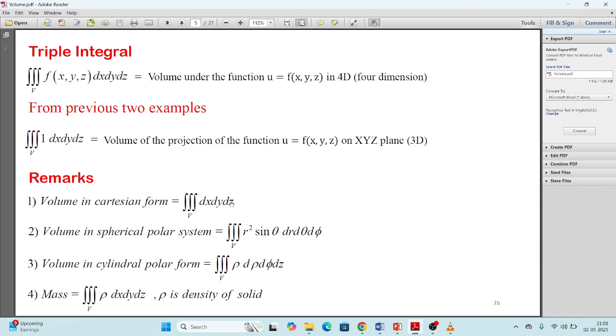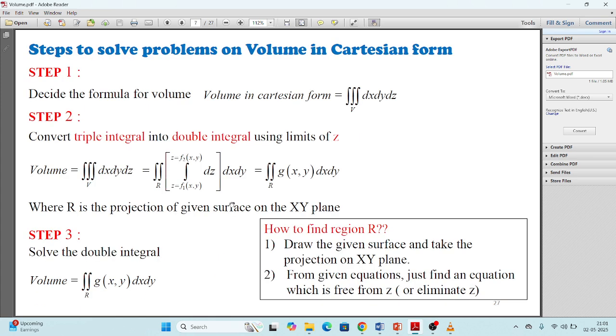In all the next problems we are using the same strategy, so just try to understand how to evaluate the integrations. Every time we evaluate with respect to the first variable z, which is our vertical axis, and once you evaluate the integration, it is converted into two dimensions, x and y. Most of the time this x and y will be a circular region, so by converting from Cartesian to polar we will get the required solution. This xy plane is nothing but the projection, the upper side view, which is the projection on the xy plane.